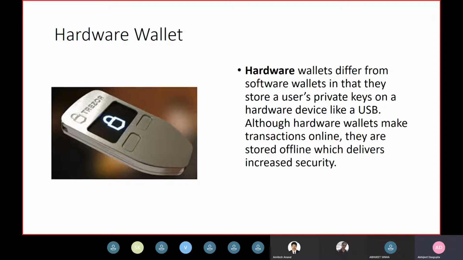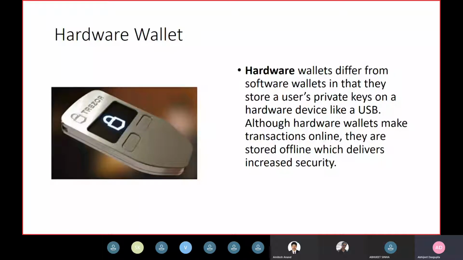You simply need to plug in your device to any internet-enabled computer or device, enter a PIN, send currency, and confirm. The hardware wallet actually makes it possible to easily transact while also keeping your money offline and away from danger. So the security of this hardware wallet actually is with you. You actually physically need to secure this wallet.